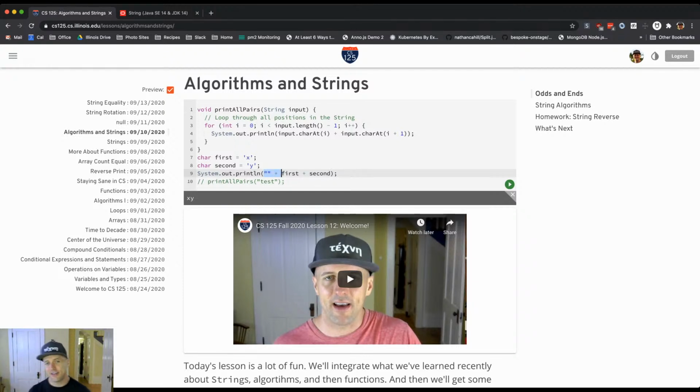Figuring out how this works is interesting, because it gets you into the mind of Java. When Java goes through this statement, it works from left to right. It sees a string as the first part of this expression. There are three parts: a string plus first plus second. So it says, oh, okay, this is a string. And then it sees plus character. When it sees a string and a plus sign, the fact that there's a string on the left side